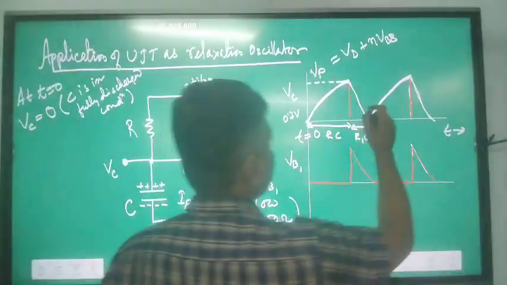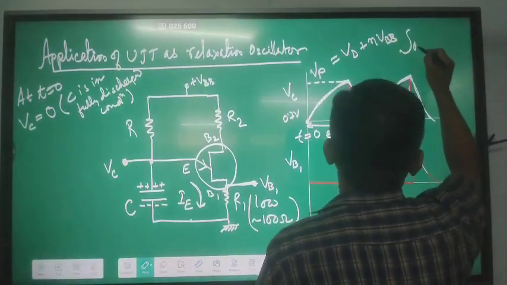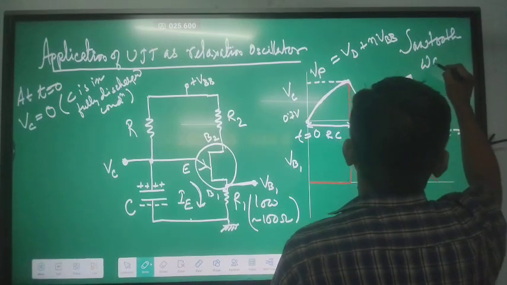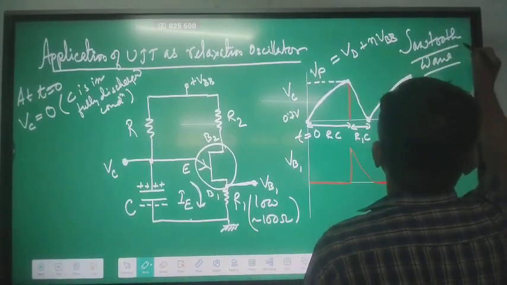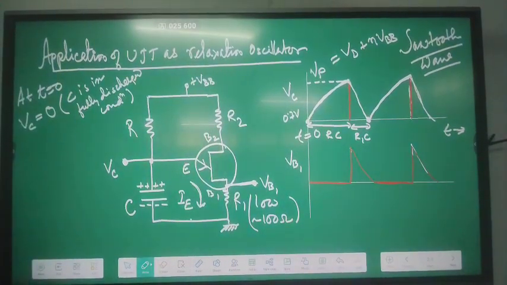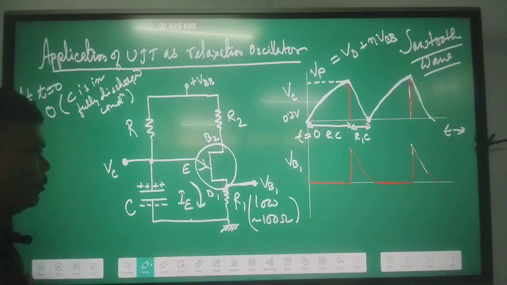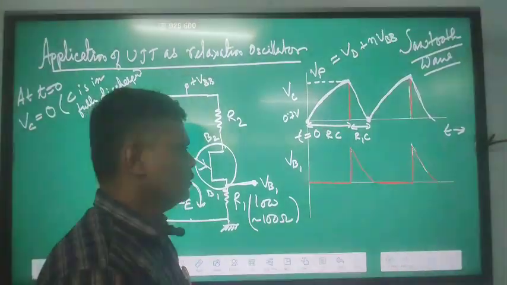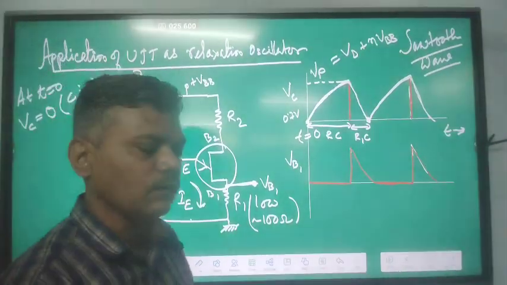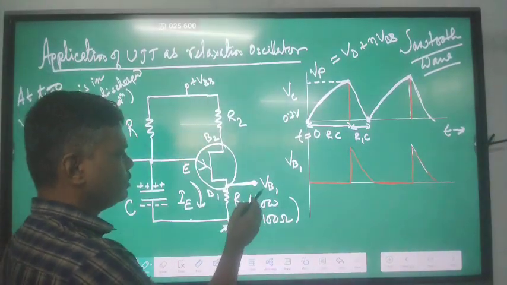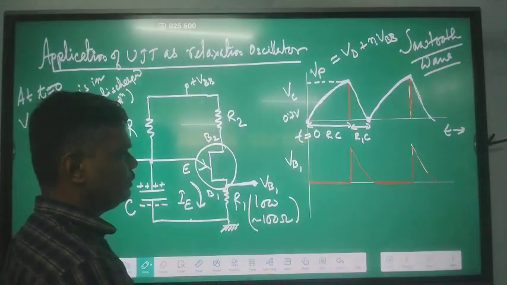This kind of wave is called a sawtooth wave. So we can generate a sawtooth wave using a relaxation oscillator when we take the voltage across the C. On the other hand, if you see the voltage across R1, which is denoted by VB1,